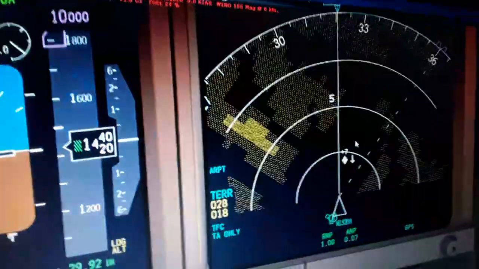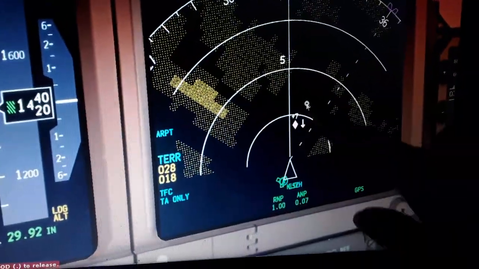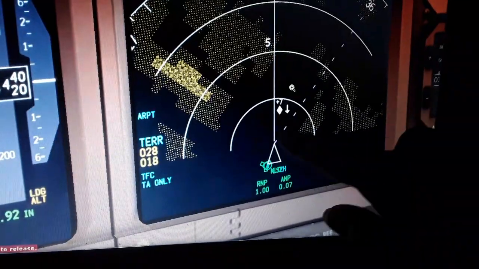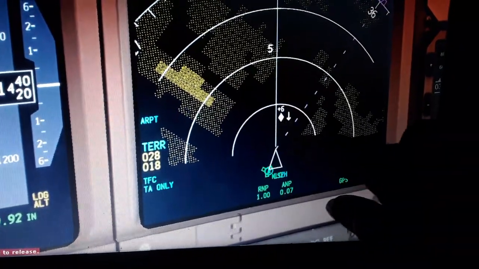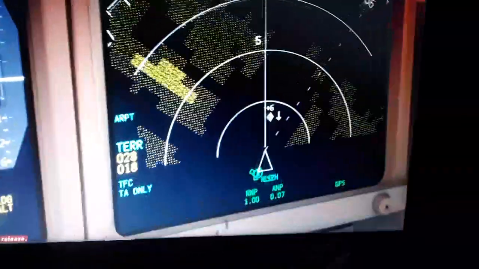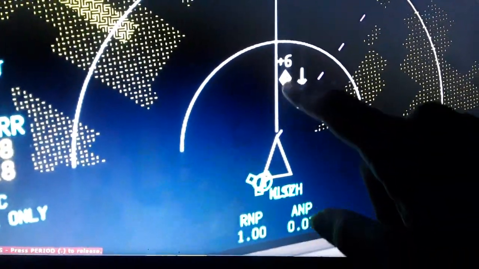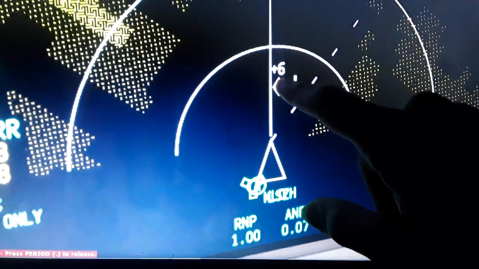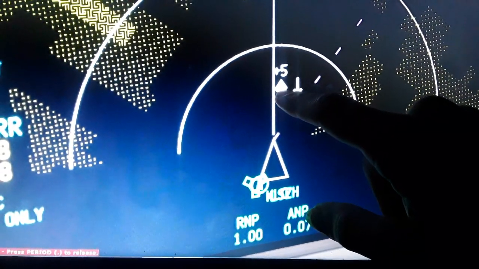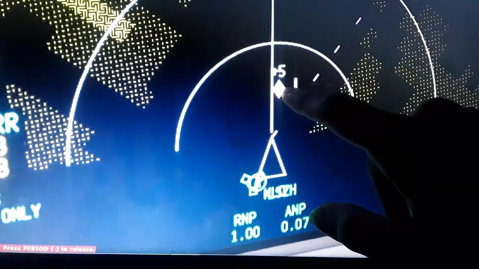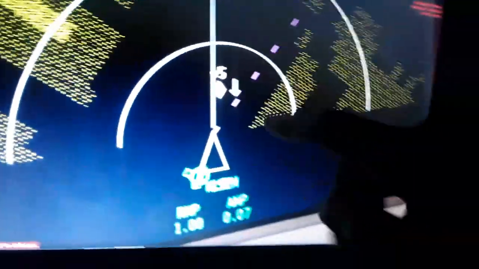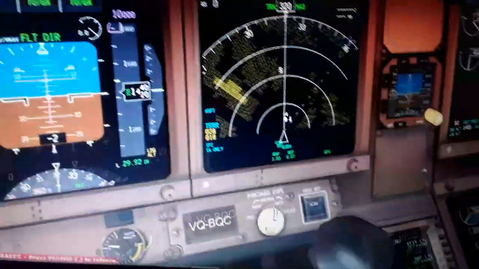So you can see it over here displayed with this diamond, and it's moving down towards our position. It's gonna come for landing. Now it's 600 feet or 200 meters above our own aircraft, and it's about 1.5 to 2 nautical miles away, plus 500 feet, plus 400 feet,